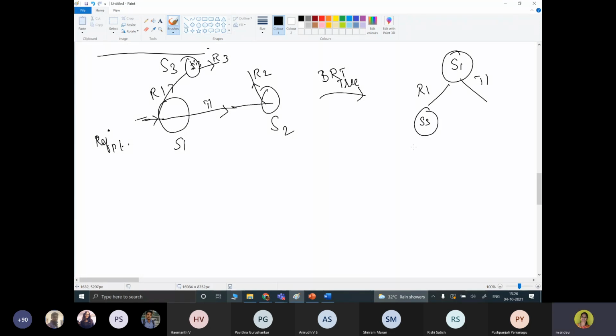From S3 it has R3 and T3. From S1 the transmission goes to S2, with R2 and T2. Like that it will be constructed. So this is the tree we have constructed for this.